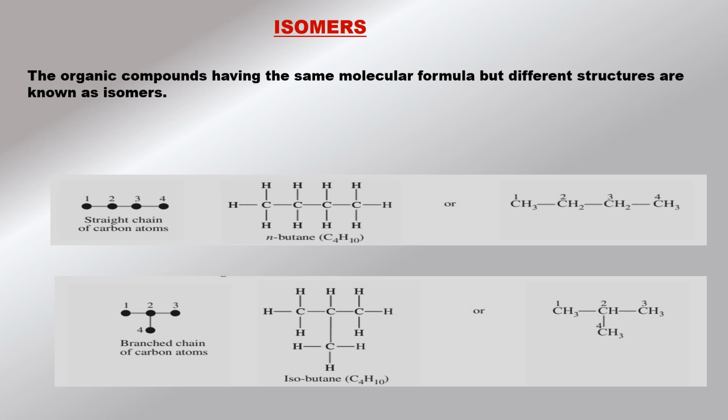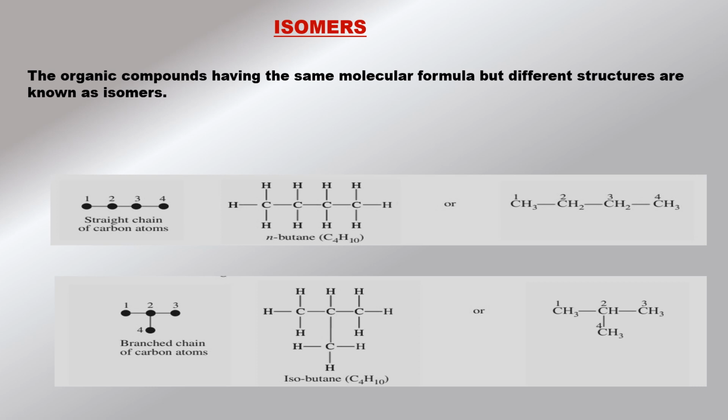Isomers. The organic compounds having the same molecular formula but different structures are known as isomers. In other words, the organic compounds having the same molecular formula but different arrangements of carbon atoms in them are